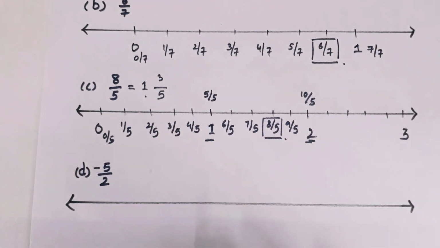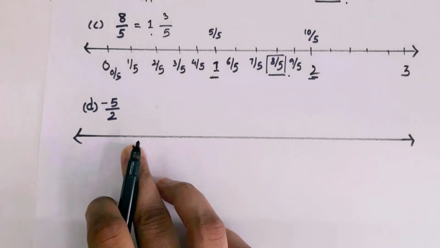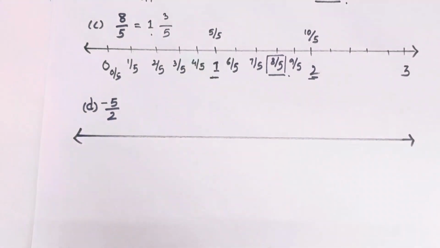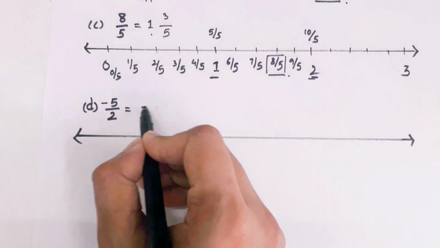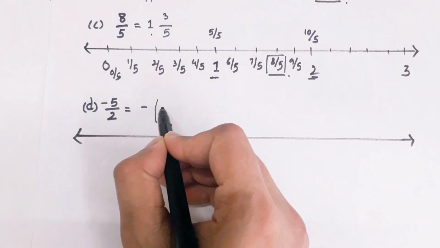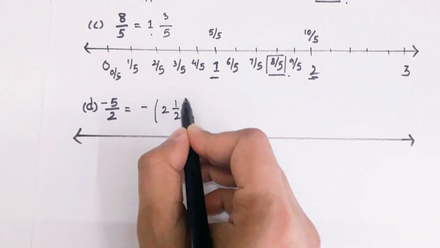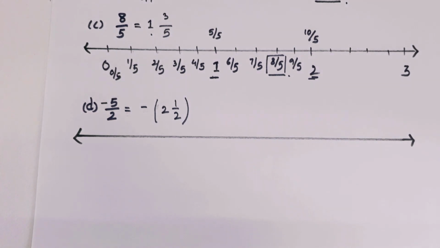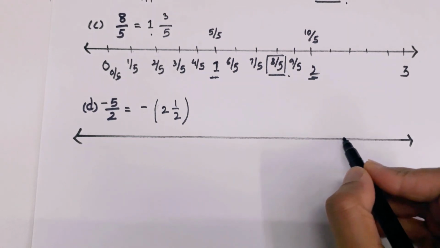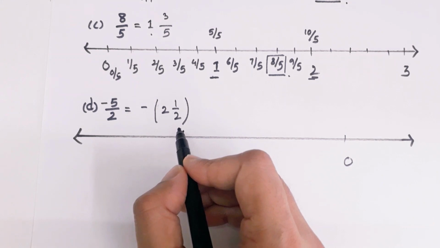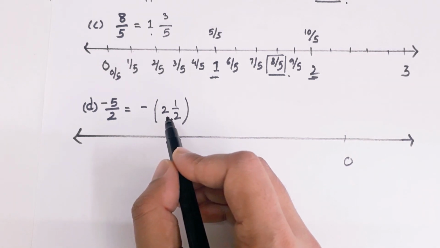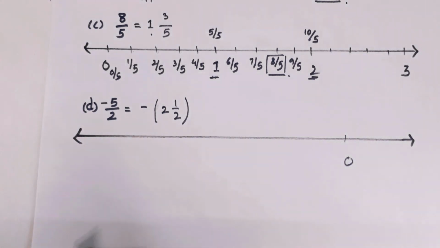So next I'm going to show you, and here I have taken a negative number. I'm going to show you by converting into a mixed fraction. So I can write this number as 2. Okay, this is my number. So this is a negative number. It is going to lie on the left side of 0. So how can we plot this? So I'm taking a 0 here, this side, and looking at the number, I can say that this number lies after 2, that is minus 2, right?